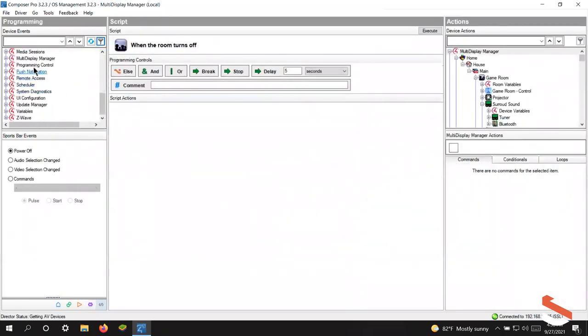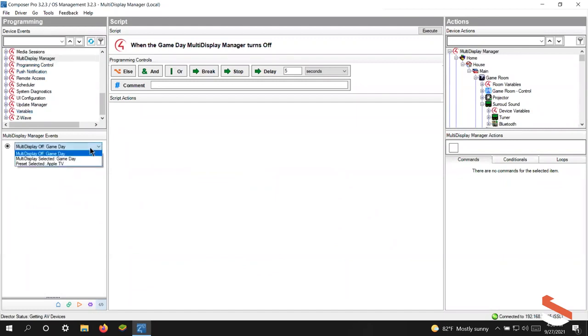So on the programming page, MultiDisplay Manager has programming options for each preset when you select it. So when I select Xbox preset, Apple TV preset, my cable box preset, and for the wall itself, when the wall turns off, when the wall turns on. So I could program when I turn on that wall, sports bar, first thing in the morning or afternoon, when do sports bars open? When I open the sports bar and I press that button, I want to add lighting. I want to disarm, I want to unlock, I want zones of audio,